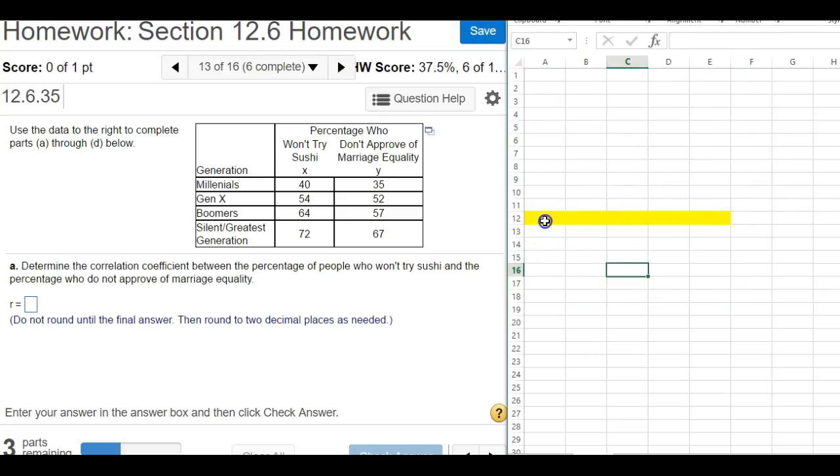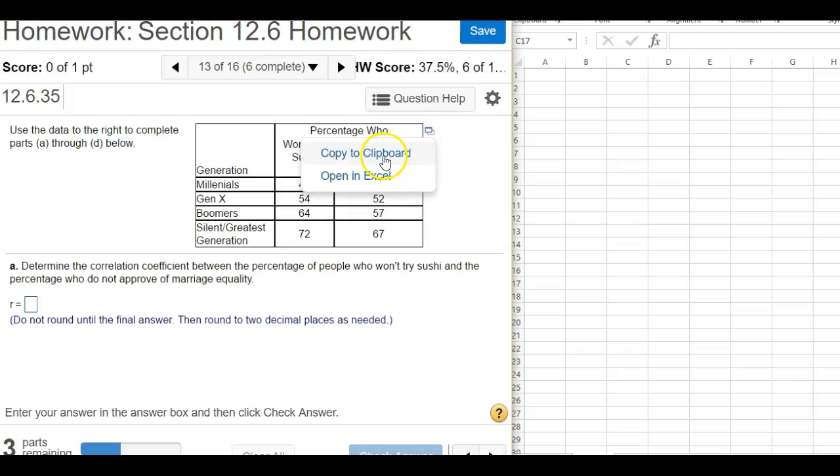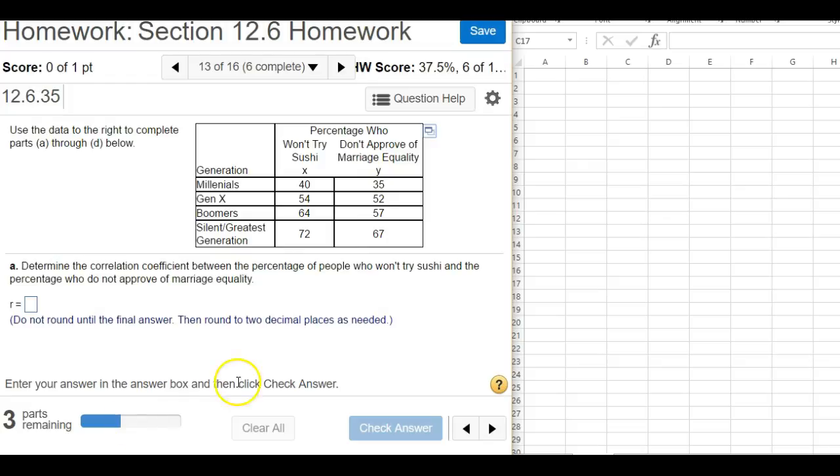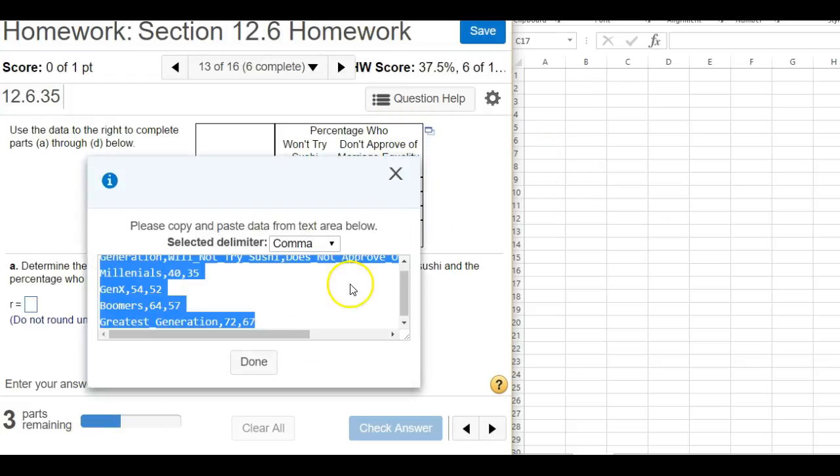So in this one, it's asking us to do the same thing, compute R. When you see a data set like this in your homework and you see this little rectangle, one of the options is copy to clipboard or even open in Excel. If you open in Excel, I think it downloads an Excel file. I would just copy it to a clipboard and then